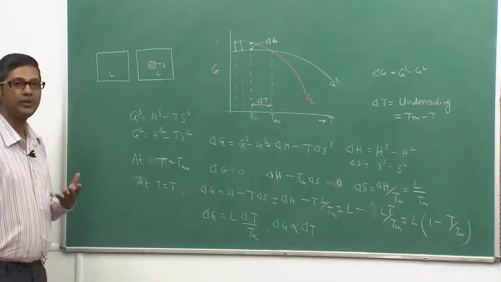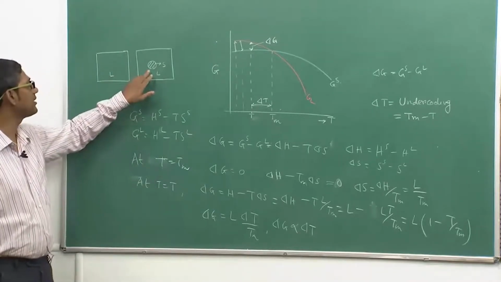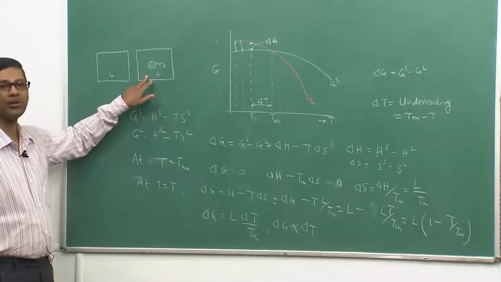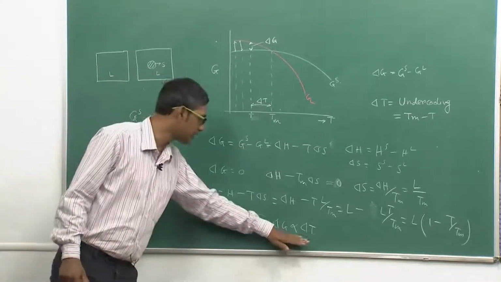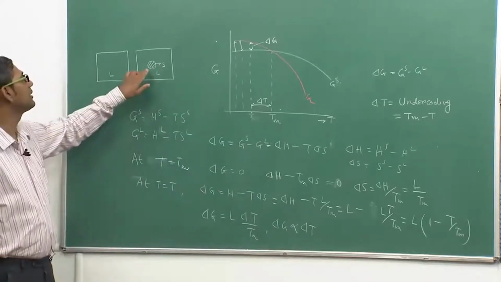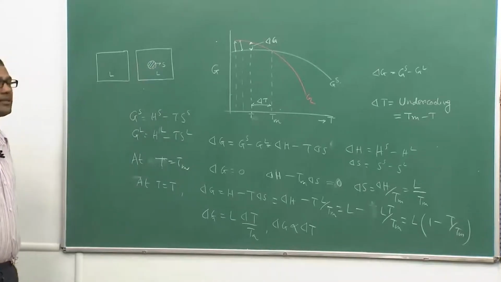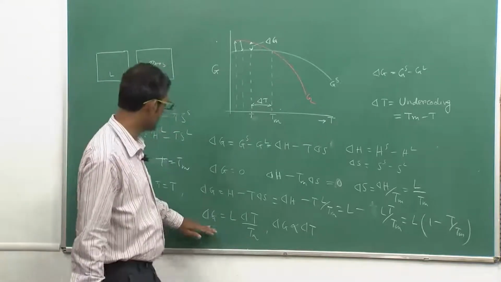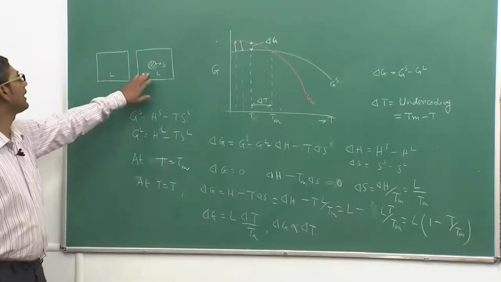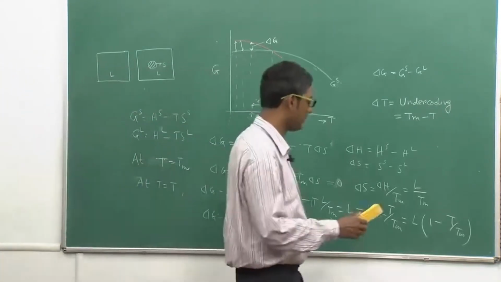Now, as I said at the beginning, this liquid to solid transformation has two parts. One is the nucleation of the solid, another is the growth of the solid. Nucleation is what we are going to discuss today. The driving force available to the system will be used to create this nucleus, or nuclei rather, in the liquid, and then the nuclei will grow to form the whole solid. That is the basic approach we use. So, how can we use this expression for the available free energy to get some idea about the nucleation of this phase?